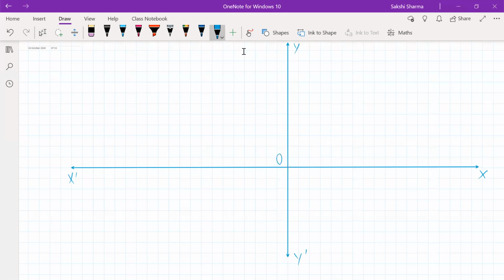You only need to indicate the scale if you change it. If you don't change it, you can just draw directly, like only the plotting can be done. No need to mention. So I'm going to change here. If you want, let's take a scale. I'm going to keep it the same for the y-axis.